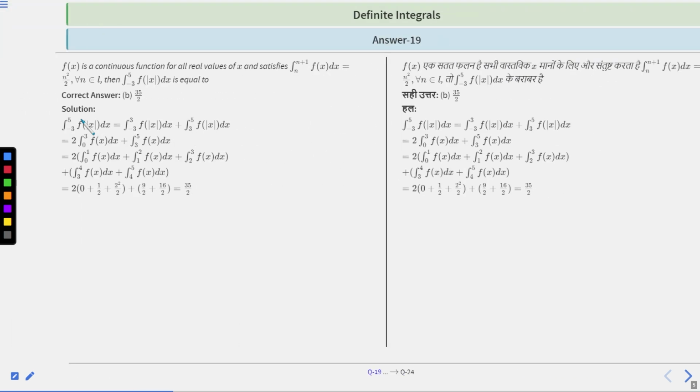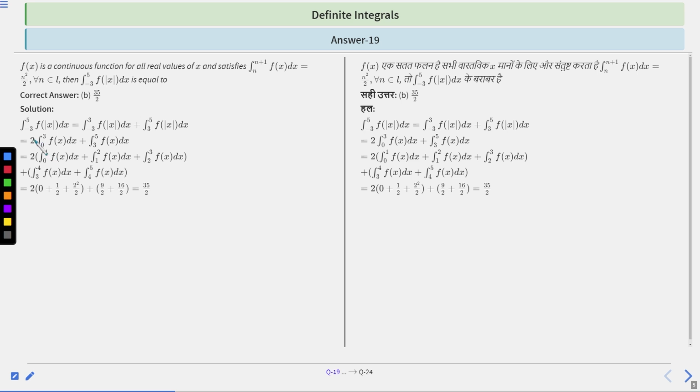Okay, let's move to the solution part. As you can see, the integral of minus 3 to 5 f of mod x dx is basically the integral of minus 3 to 3 f of mod x dx plus the integral of 3 to 5 f of mod x dx, right? Now, it can be written as 2 times the integral of 0 to 3, because f of mod x is basically an even function, right? Therefore, 2 times the integral of 0 to 3 f of x dx plus the integral of 3 to 5 f of x dx,